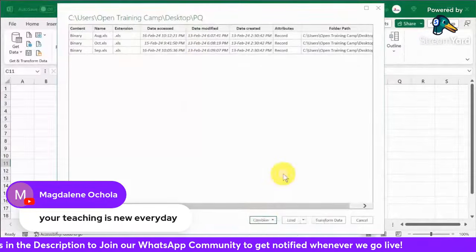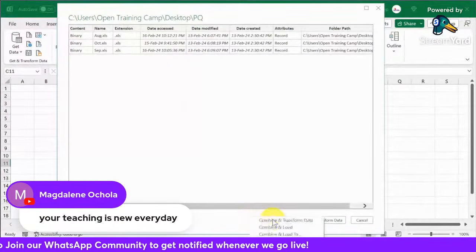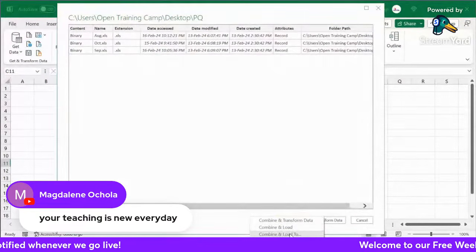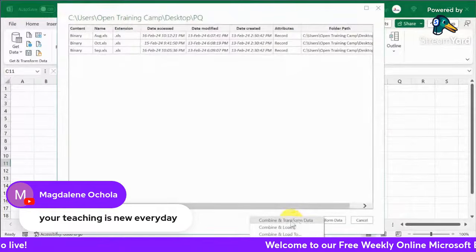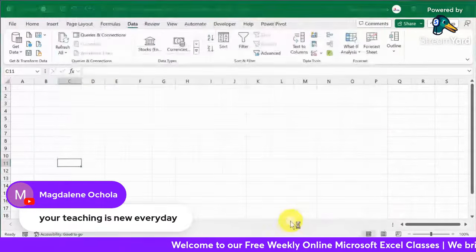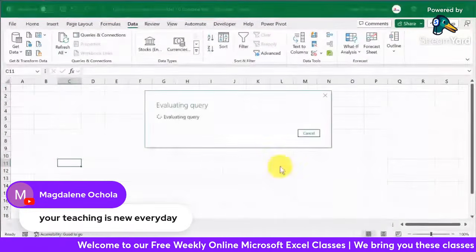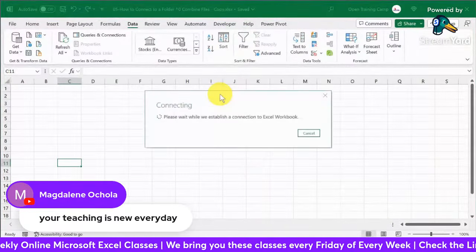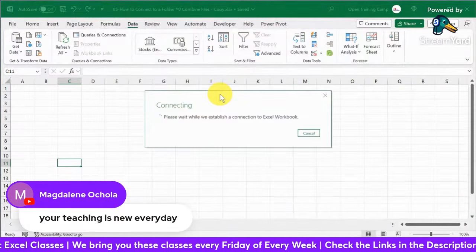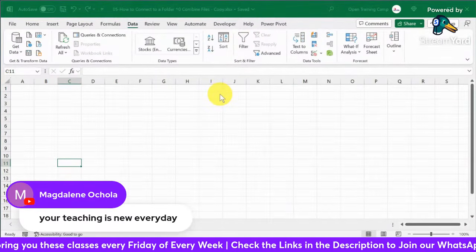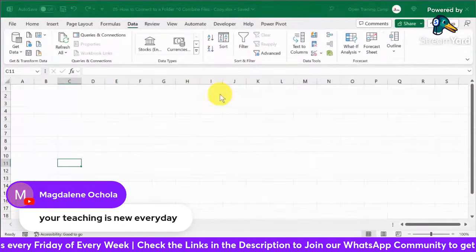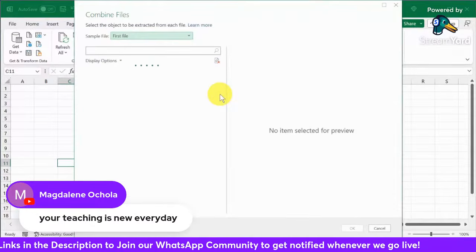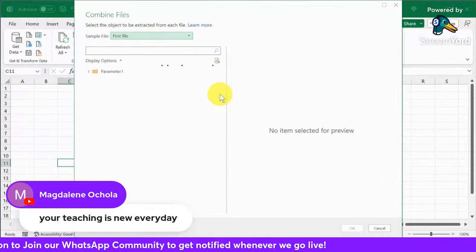So you click on this option here, combine. Then it says combine and transform data, combine and load, or combine and load to. So ours will be combine and transform data. Let's go with that option. And right after that, Power Query will evaluate our folder files, and it will try to establish the connection. How fast depends on how powerful your machine is. You can see mine is struggling to establish the connections here, but again, I believe we shall be able to